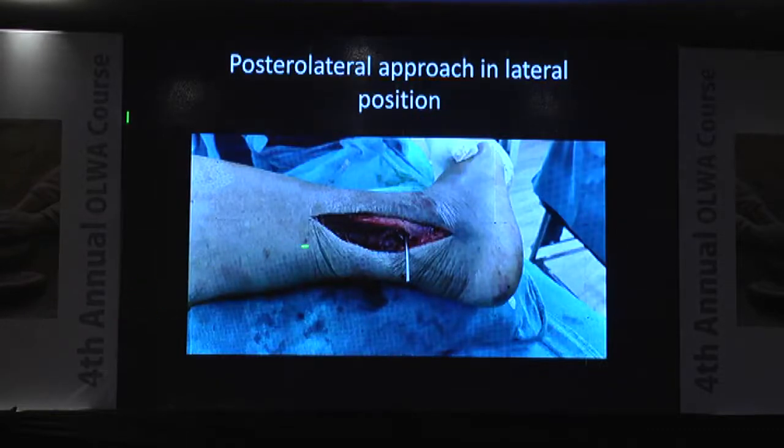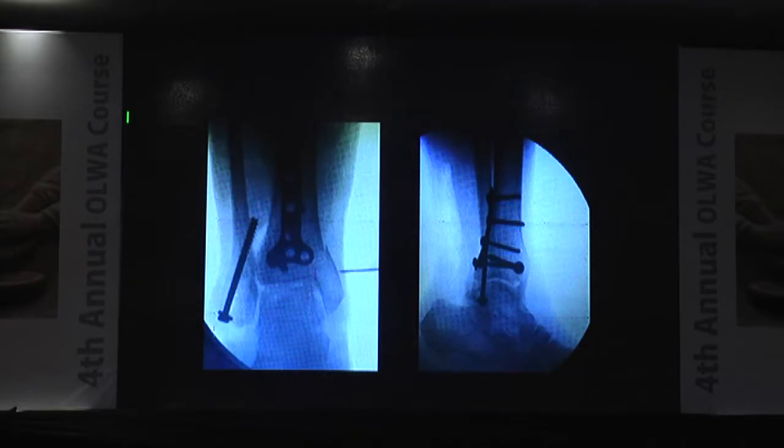So we went through the posterolateral approach. This is the peroneus longus, which has been lifted, the flexor hallucis longus, which has been lifted, and then this posterior lip fracture has been fixed with a simple Ellis plate, which we use for the distal radius. And the low transverse fracture of the lateral malleolus has been fixed with this interfrag screw. Mind you, it is not an intramedullary screw, because an intramedullary screw here would tend to take this into varus. So this is an interfrag screw. It is very useful in a low transverse fracture of the fibula.